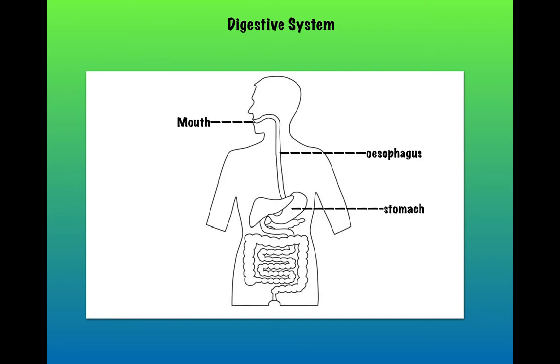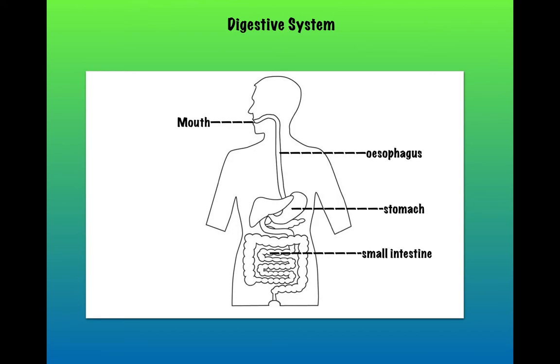It can change its shape and size depending upon the amount of food. It contains many gastric juices which help in the breakdown of the food. From the stomach, the food is then passed on to the small intestine, which is a coiled structure. It is about 6 meters long and is present in the center of the abdominal cavity. Most of the food is absorbed in the small intestine.